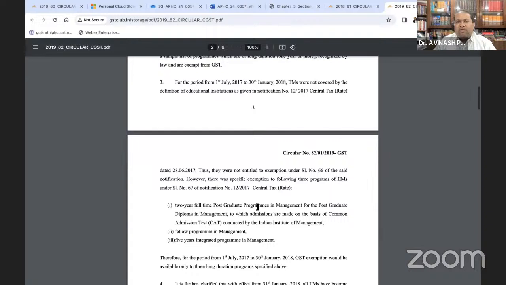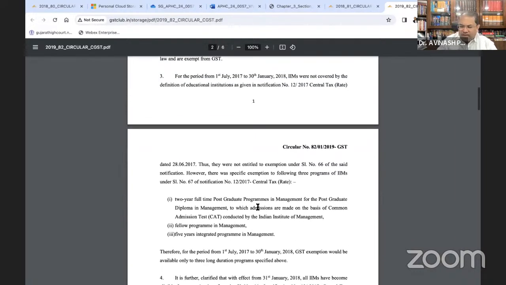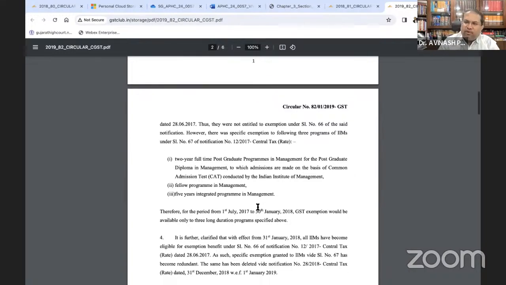For the period 1st July 2017 to 30th January 2018, IIMs were not covered by the definition of educational institutions. So for this duration, they were not covered within the definition of educational institutions as given in 12/2017. Thus, they were not entitled to exemption under serial number 66 of the said notification. However, there was a specific exemption to the following three programs of IIMs under serial number 67 of 12/2017. So they were not exempted in serial number 66, but there was a specific exemption given to three programs in serial